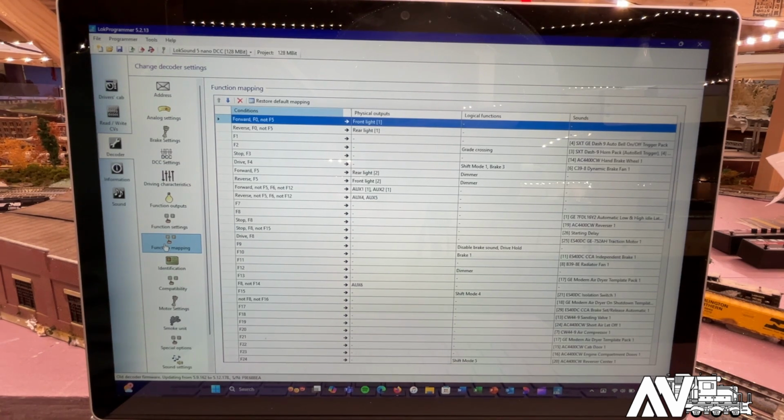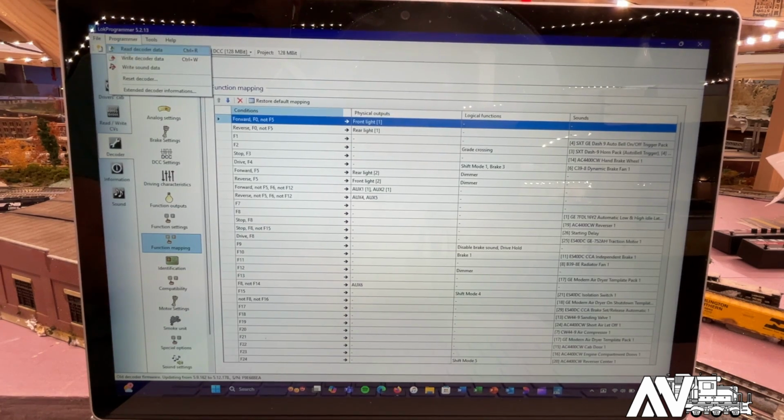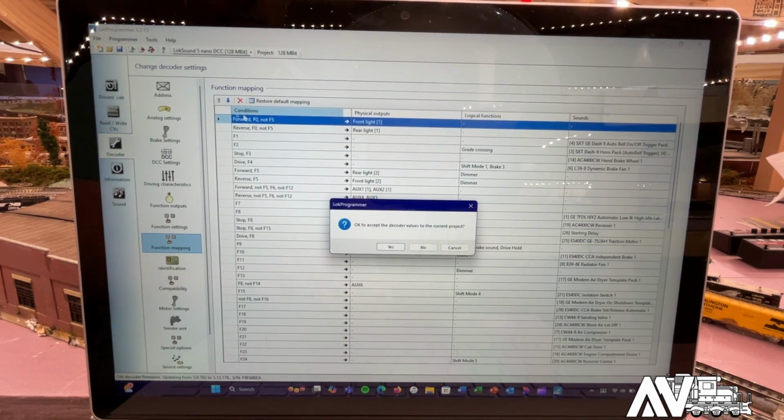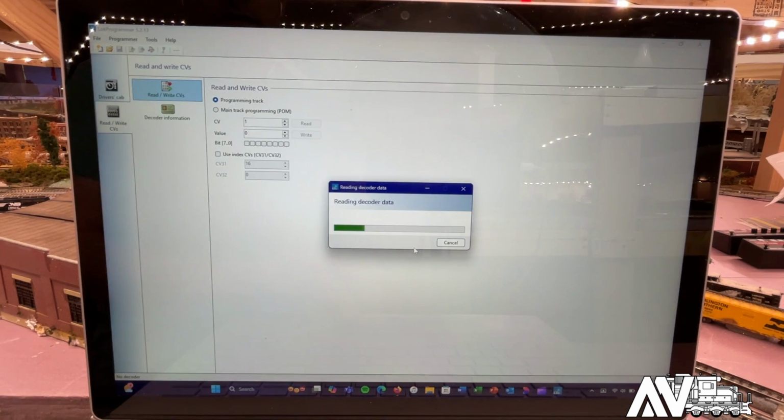Okay, so let's go ahead and take another decoder reading here. All we're going to do is read it. We are not going to save anything, and we're going to let this thing rock and roll. Okay, now, while it's reading that decoder,